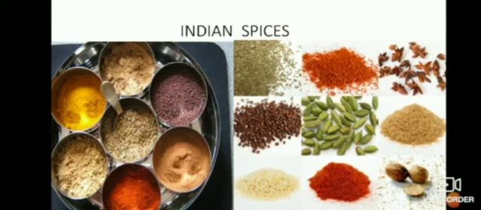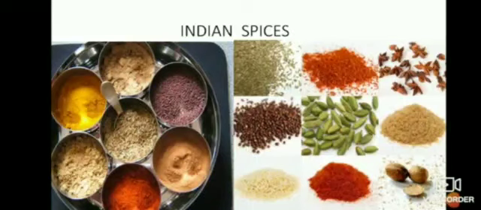If we add spices like cardamom, black pepper, curry leaves, fenugreek, fennel, ajwain, bay leaves, cumin, coriander seeds, turmeric, cloves, ginger, nutmeg, and cinnamon, if we add spices like this, then we will get